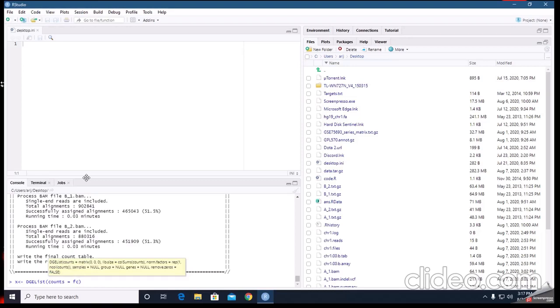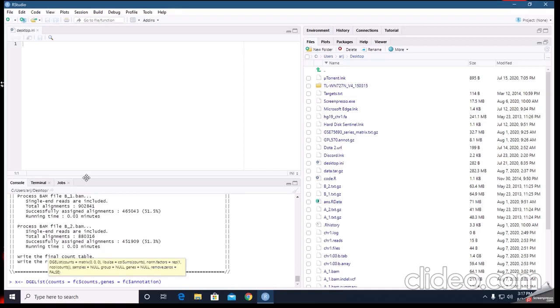Okay, so FC has our counts, and genes, we have genes also. And in genes we have to annotate our genes, so we use annotation from the featureCounts function.